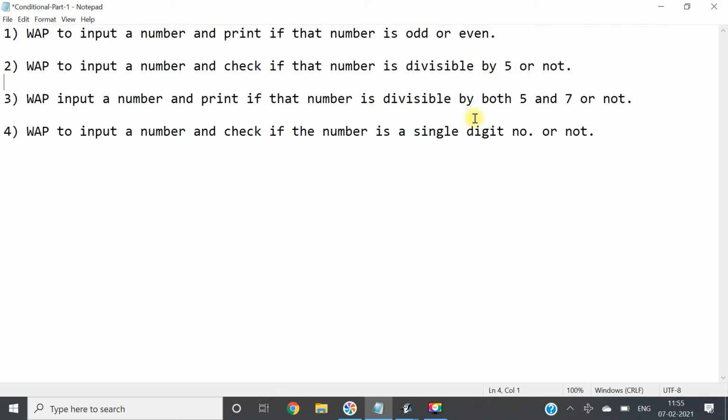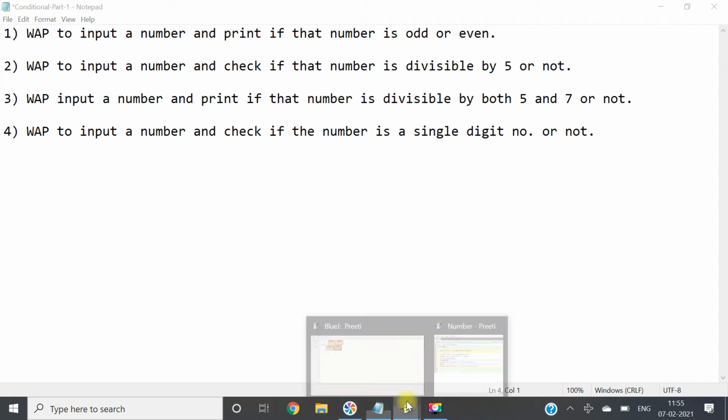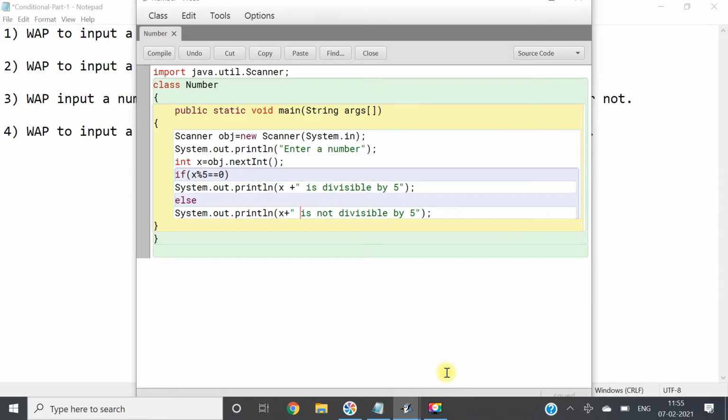Now we need to find out whether the number is divisible by both 5 and 7. So what changes shall I do here? I will change the condition only. Here I will use the AND operator. Both conditions should be true.